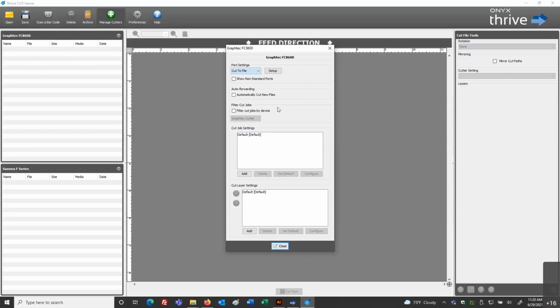In some cases, if I turn this on to automatically send the file, as soon as the file is here in Cut Server, it's going to immediately get forwarded to the cutter's control panel hard drive, but the file is still printing, and maybe we're not ready to cut it just yet. Maybe we have other jobs that we're working on, and so on and so forth. So it's a situation where you're just going to think through when is the right time to apply this feature.